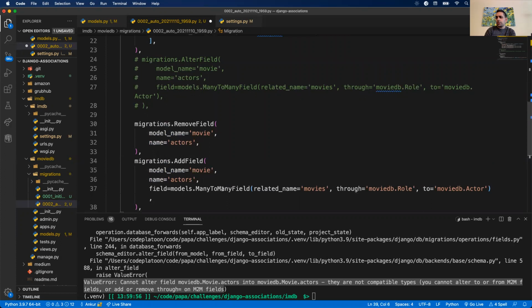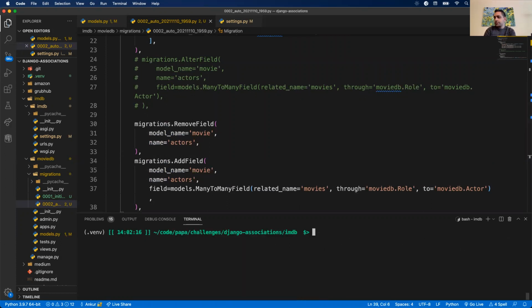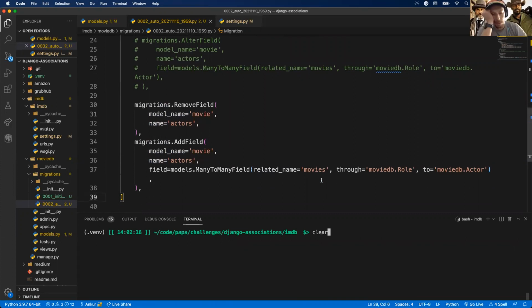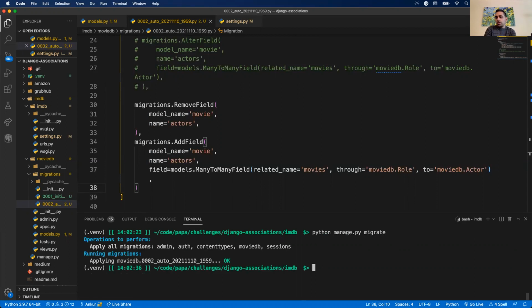So I think I copied things, modified things. Okay, let's give this a try. That last comma on line 38, I think will. Thank you. Clear that. All right, so we've made our migrations, and then we modify our migrations. We don't need to make migrations again, but we want to migrate. So we'll do manage.py migrate. Okay, that worked. That was kind of a cool fix.